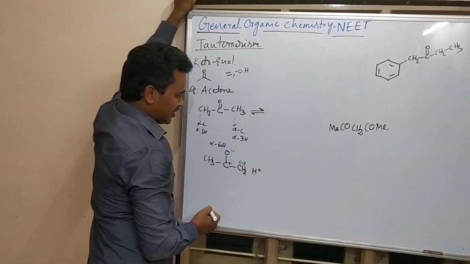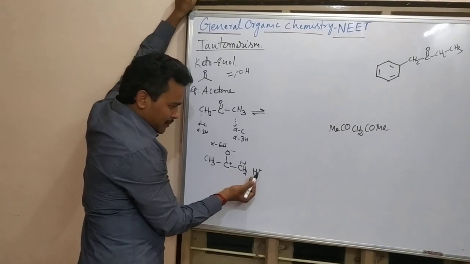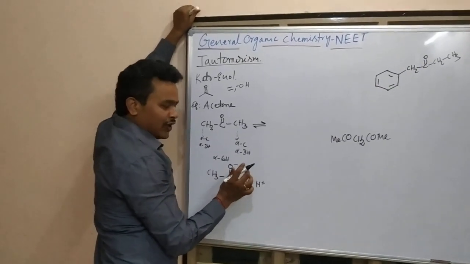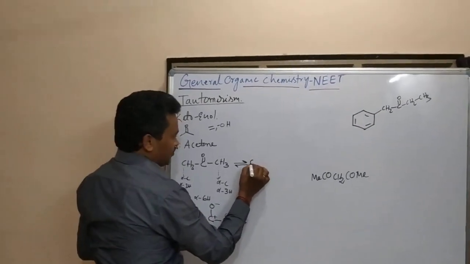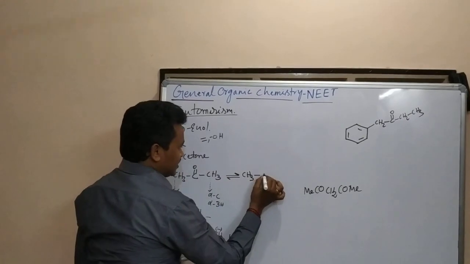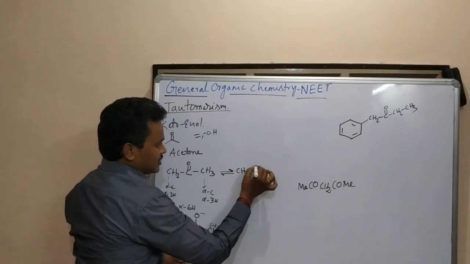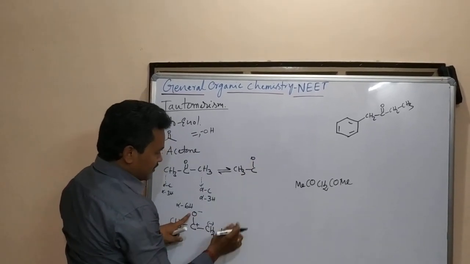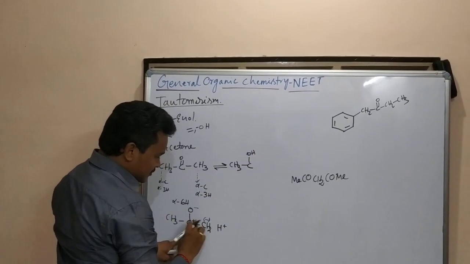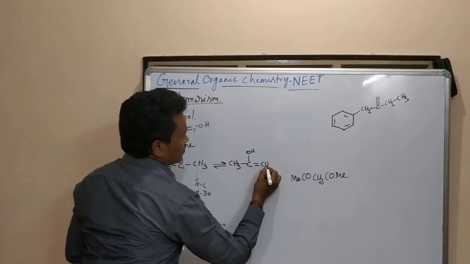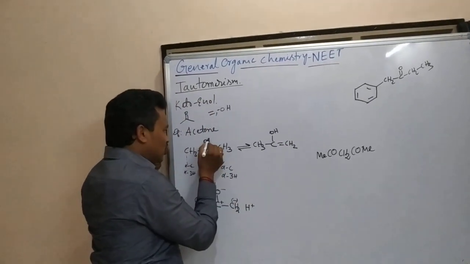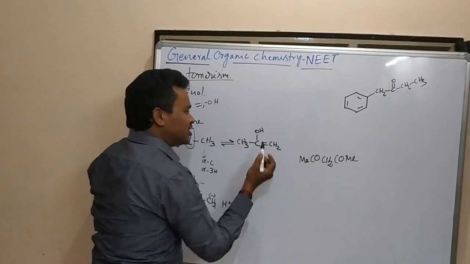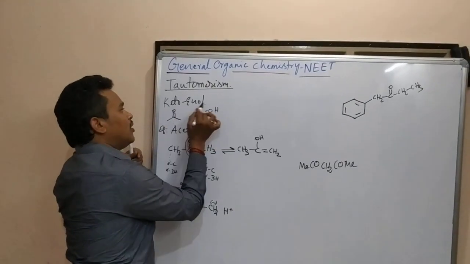This will be plus. After that, what is going to form? This H plus and O minus are going to combine. This plus and this minus give a new bond. Check it out: CH3, C minus and plus double bond O. This minus and this plus H, and this plus and this minus, what comes? Here is the keto group, and here is en. En means double bond. Ol means OH. So keto form to enol form.